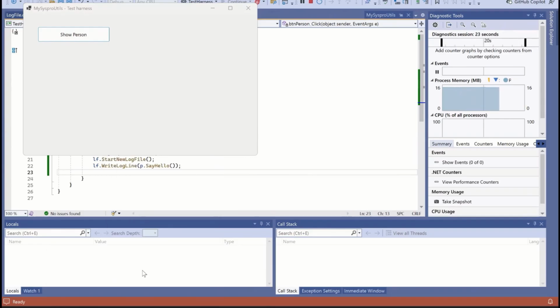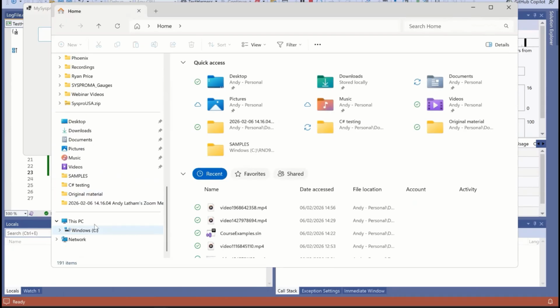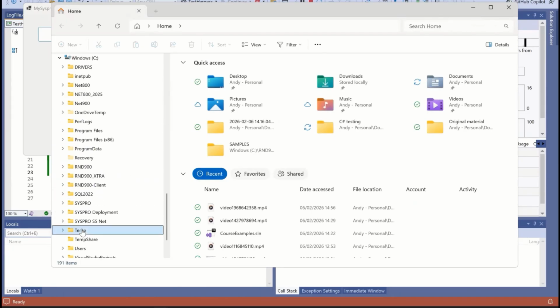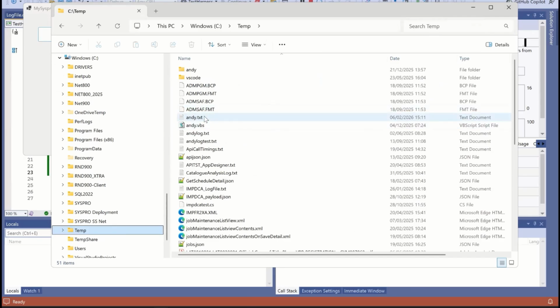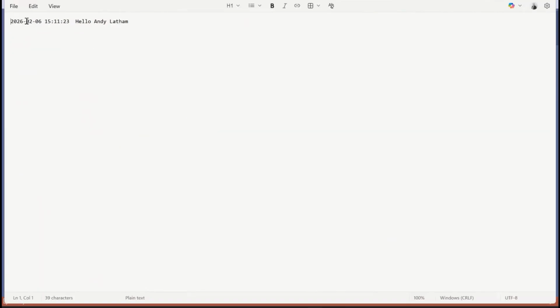So let's fire up a file explorer, and we will chuck down here andy.txt. There we go. Date and time, which was the timestamp, and there's our message. So it's as simple as that, basically,